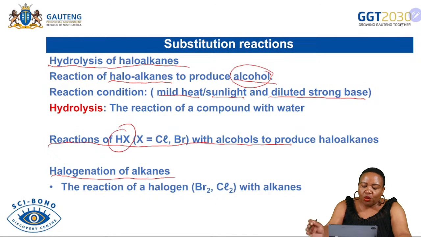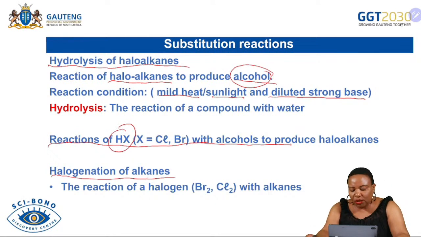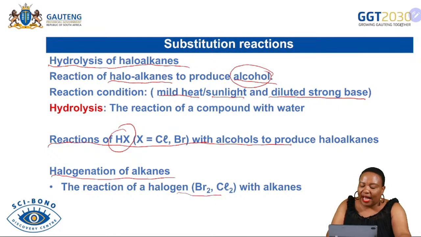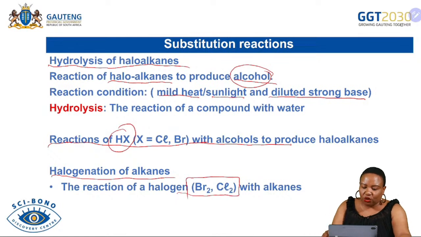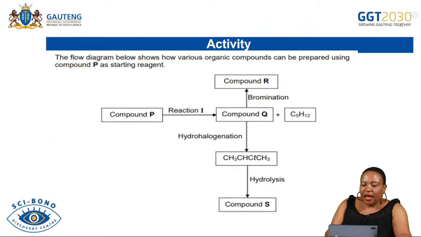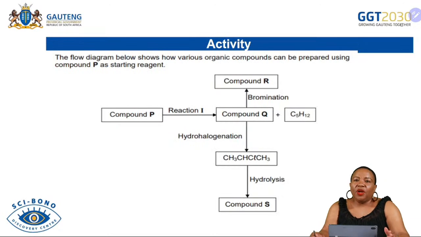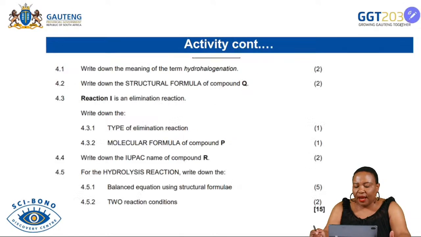And then we are also going to do halogenation of alkanes, where we are going to add this one. We have already done it in our testing for saturation. If you want to know how it is done, you can go back to the testing of saturation and see how it is done. Remember, learners,